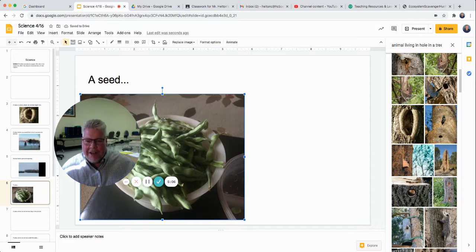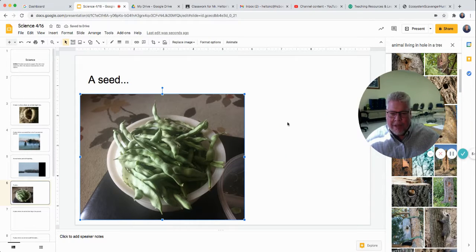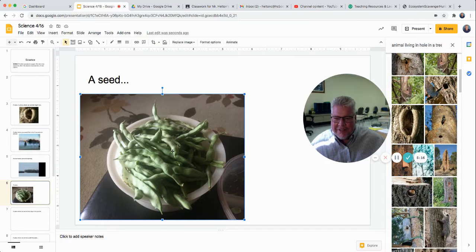Look, how did I impact the environment? I grew a garden. I'm an organism, aren't I? You know what kind of seeds these are? These are some big old green beans that I grew in my garden. So you might find some seeds. Hey, if you can find some